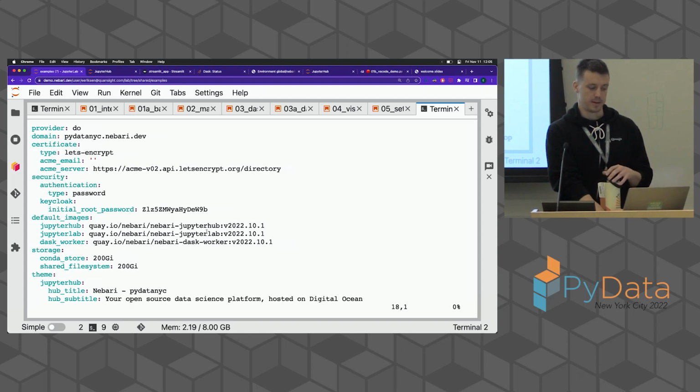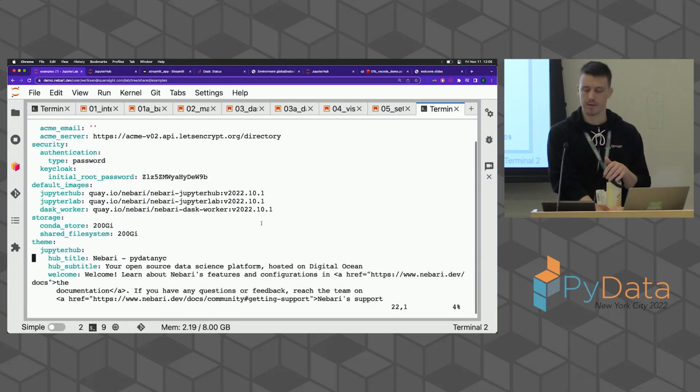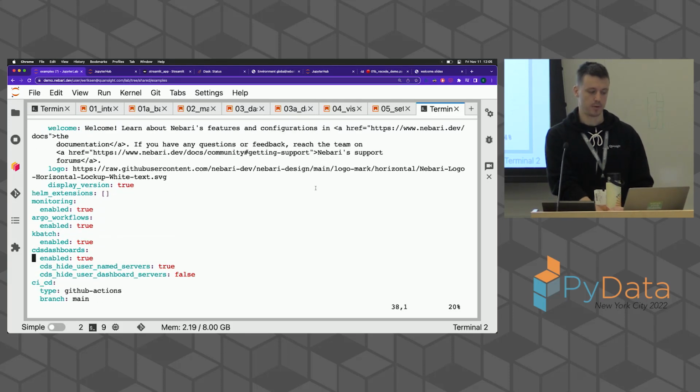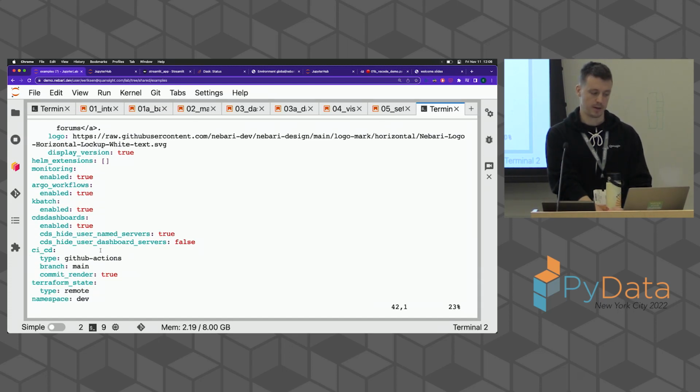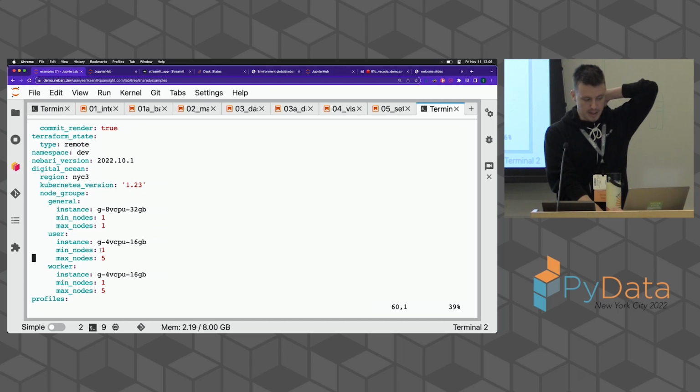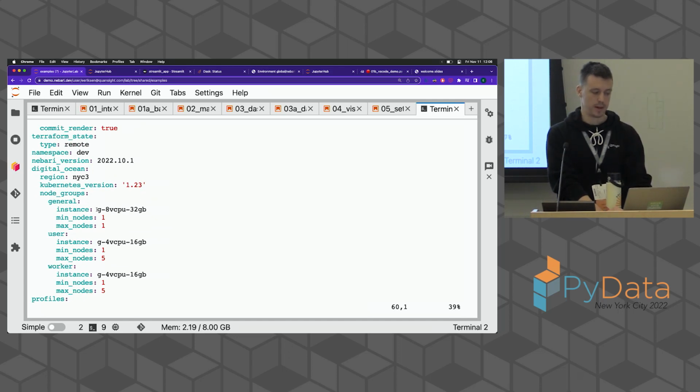We have here the list of default images for the JupyterHub and JupyterLab and Dask Worker. These often are not changed or touched, but if you need to, you could do so. And there's a whole bunch of other changes you can make. You can update the theme that you see when you first log in. The theme that you're seeing is the default theme, but you could always customize that to your organization or the team you're working on. You can enable and disable a whole bunch of features. We talked about the CDS dashboards. You can do that there as well. And towards the bottom, you'll see some more cloud-specific